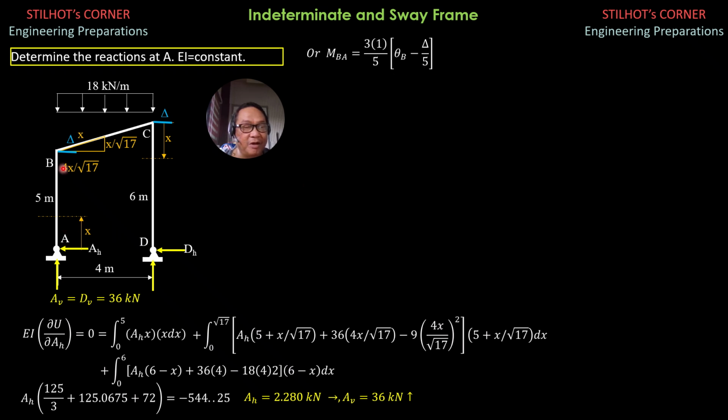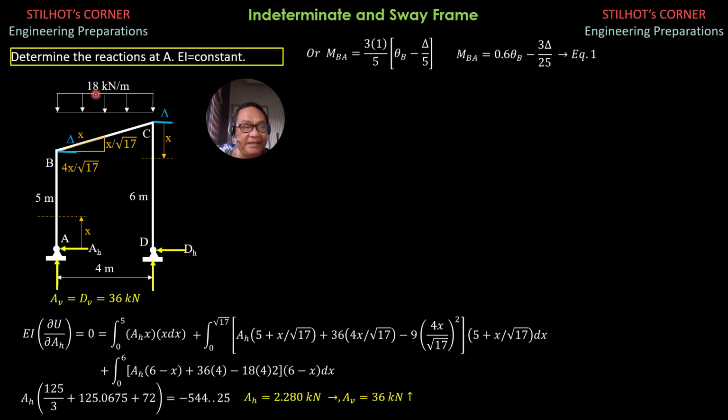There's no loading, so there's no fixed moment. So simplifying, MBA equals 0.6 of theta B minus 3 delta over 25. Call that equation 1. Then MBC, this is an interior span, there is a fixed moment at the left